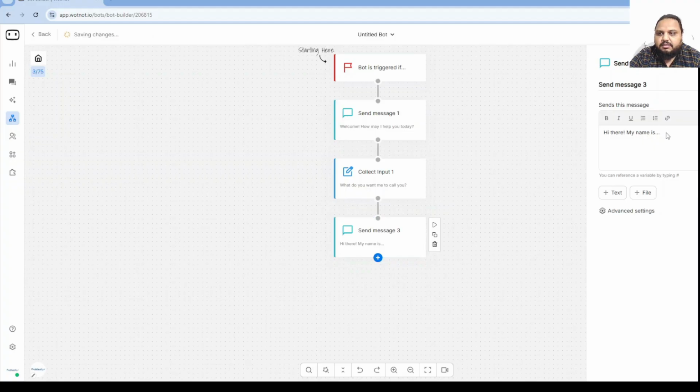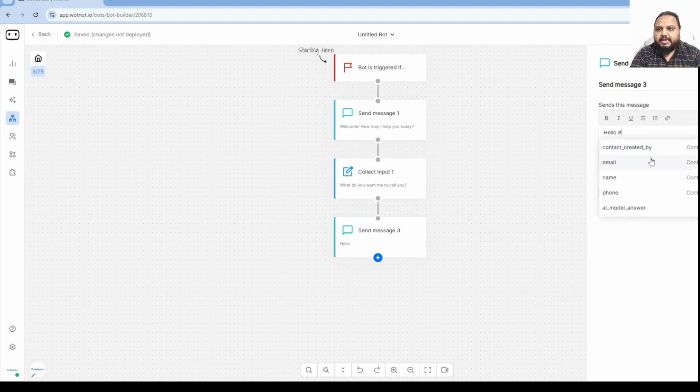And then, hello. And when you click on this attachment button, you want to personalize it. Hello, hashtag name. Hello, name. So whatever name the customer has provided over here, you are personalizing it. Hello, their name will come. Which course you are